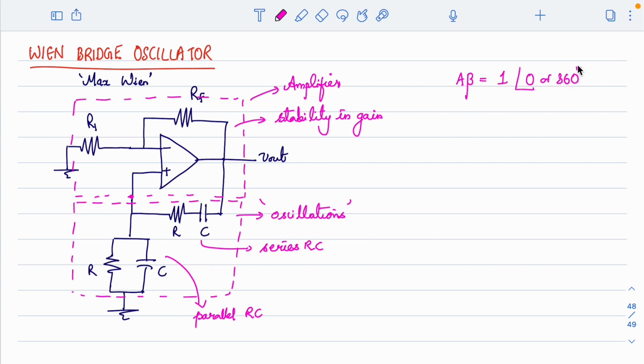This is the condition we wrote for sustained oscillations, and we also mentioned that A beta should be greater than or equal to 1 for the oscillations to start and then to stabilize, right? So as long as the circuit meets this condition, or when A beta equals 1 and the phase shift around the loop becomes 0 or 360, if we satisfy that condition, definitely we can say that the circuit will oscillate, right? So to have a detailed look, or to see how this forms